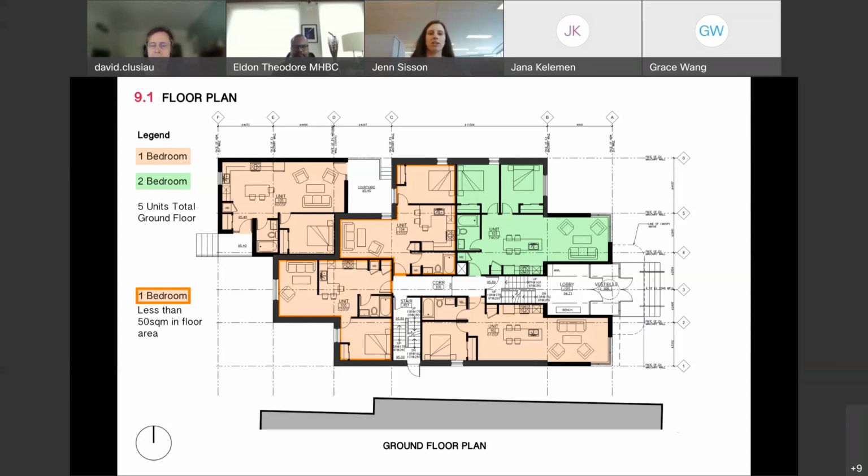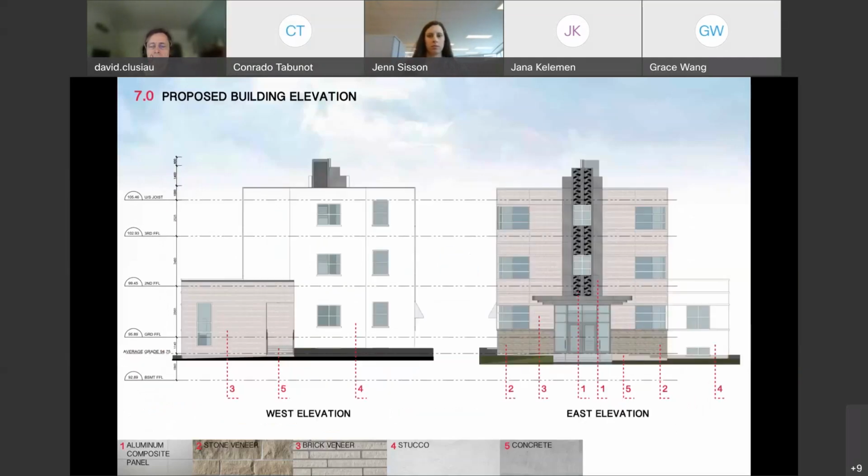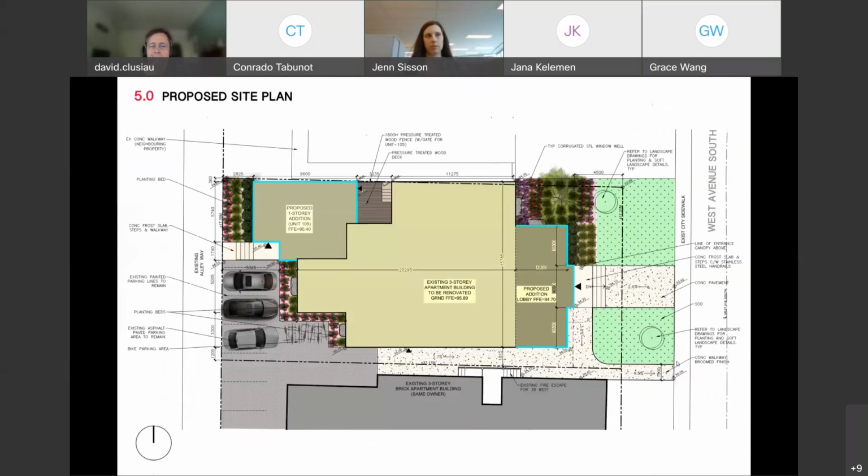Thanks, David, and thanks, Jennifer and Conrado, for your presentations. Conrado, you mentioned barrier-free access in your presentation, but I only see stairs on the site plan. I was wondering if you'd walk me through how barrier-free access is achieved? For the principal entrance, if that's what you were referring to, yeah. Could you see my mouse? It's through here. So this is the principal entrance, and you have a sloping walkway that goes into the existing sidewalk, which also connects out to the back.